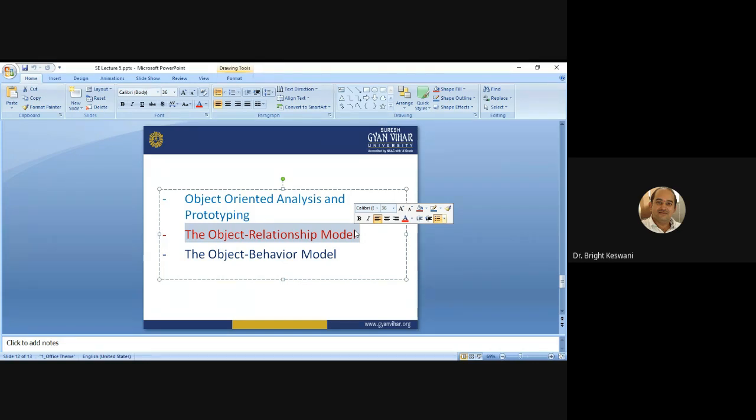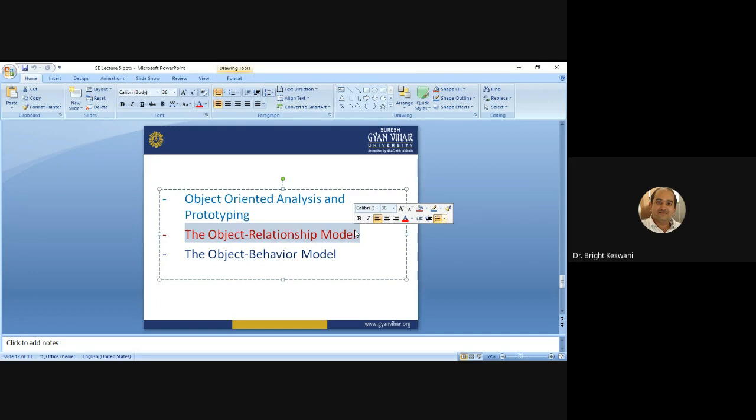You should evaluate them and label all the connections properly. Okay. This is the second step. And in the third step, once the named relationships have been established, each end is evaluated and determined carefully. Okay. So these are the three steps you can perform in the object relationship model.